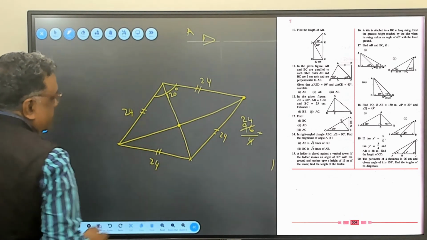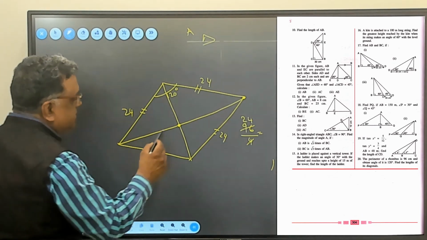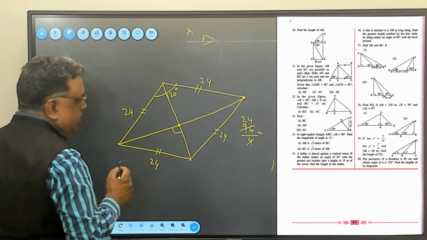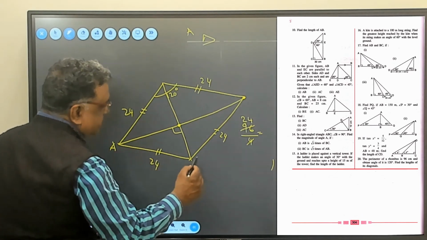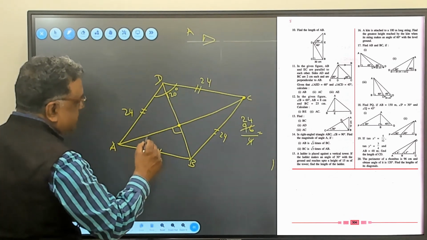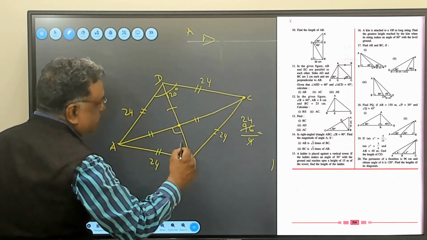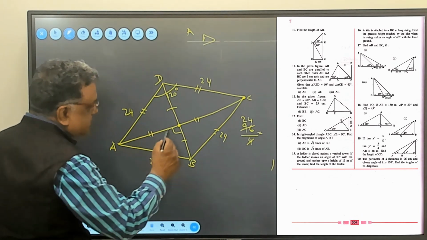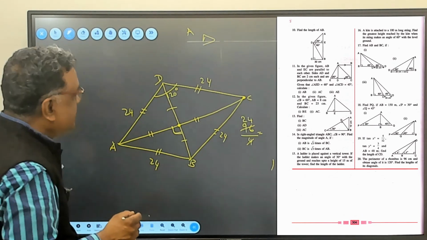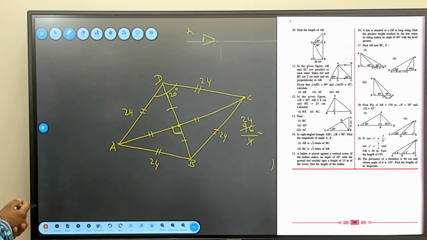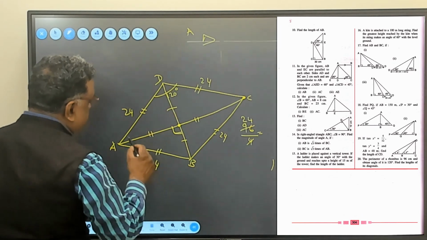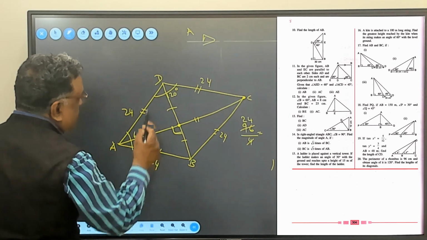Again, we will use the property. The diagonals bisect each other at 90 degrees. So if this is A, this is B, this is C, and this is D, they will bisect, which means this is equal to this, and this is equal to this. And this is 90 degrees. Also, I know the diagonals are internal bisectors of the angles. So if they are internal bisectors, if this is 120, this will be 60, because internal angle should be